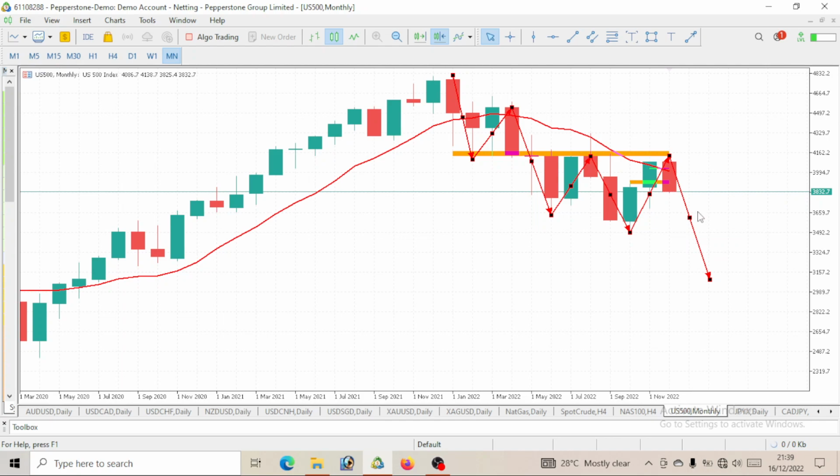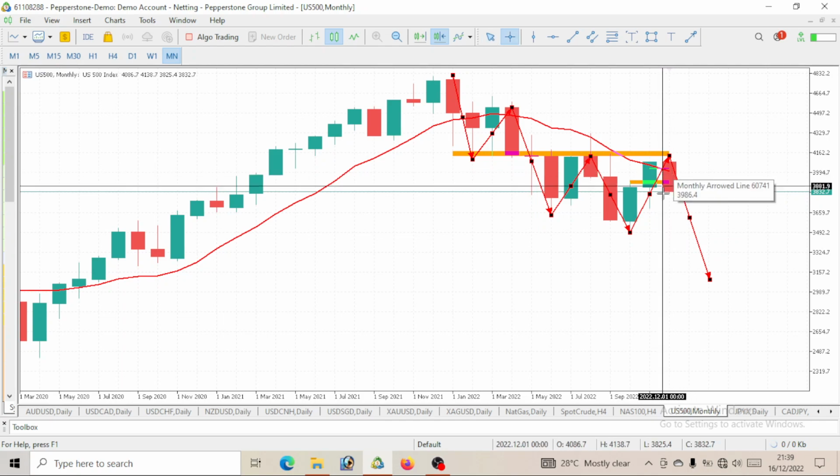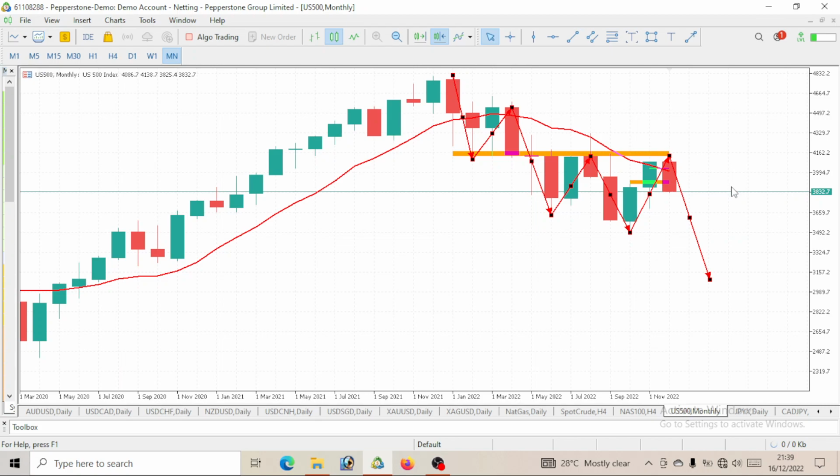This month of December, S&P 500 has given us a bearish move, so still expect a further bearish move to be made. We would see the bearish move in the month of December, we would also enter the month of January next year and get a bearish move, and even in the month of February we would expect a further bearish move. So S&P 500, guys, we are still on a bearish move. Lower lows and lower highs are being played out.